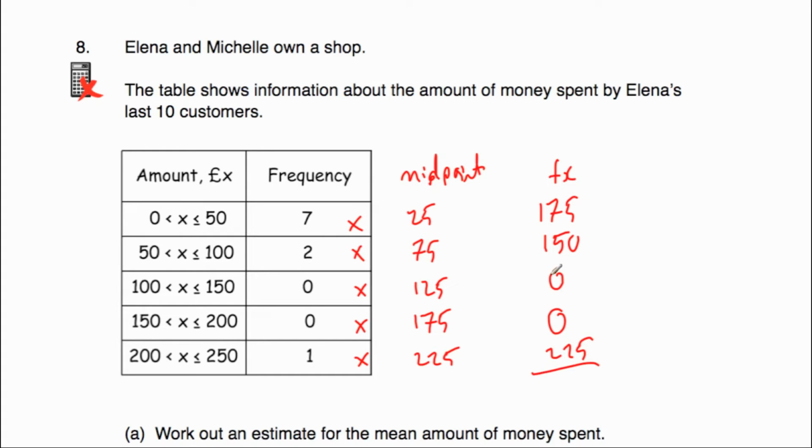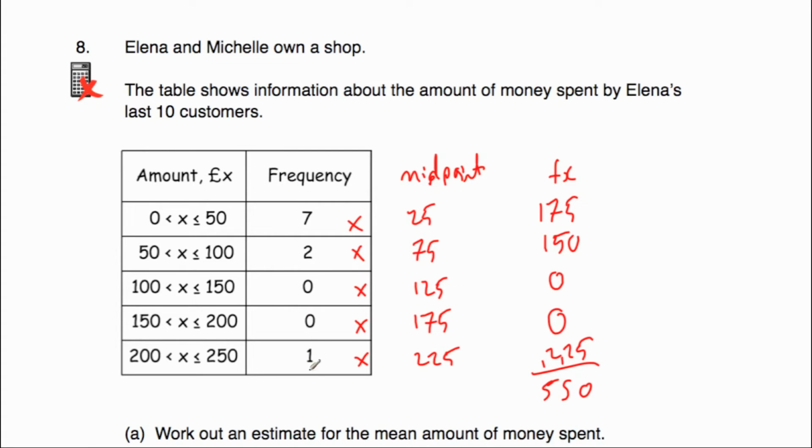So we're going to add those up to get our estimate for the grand total of money spent by the 10 customers. So let's add up our 175, our 150 and our 225. Remember, this is a non-calculator question. So 5 plus 0 plus 5 is 10. So put down a 0, carry a 1. 7 plus 5 is 12, plus 2 is 14, plus 1 is 15, so put our 5 down, carry a 1. And 1 plus 1 plus 2 plus 1, so that's 1 plus 1 is 2, plus 2 is 4, plus 1 is 5. So our estimate for the grand total amount of money spent by the 10 customers would be